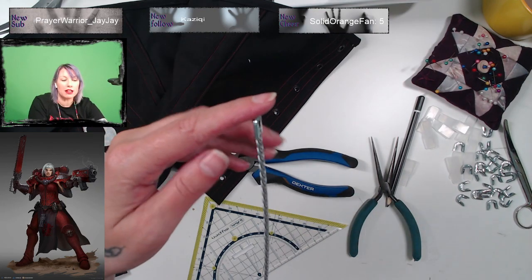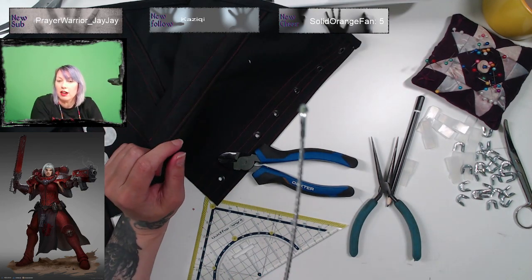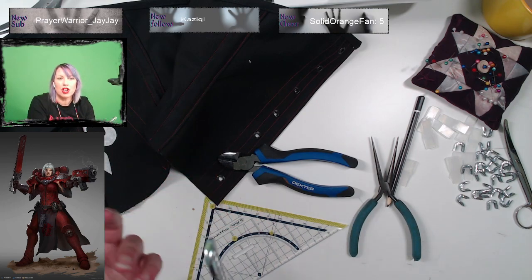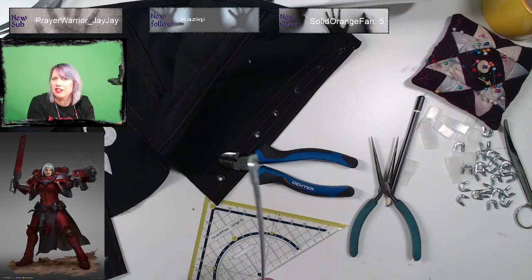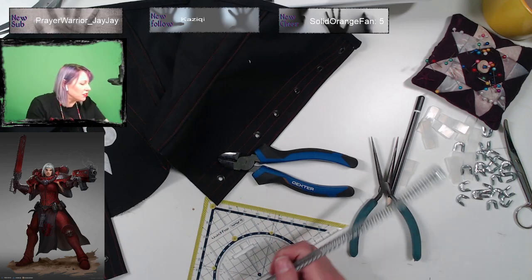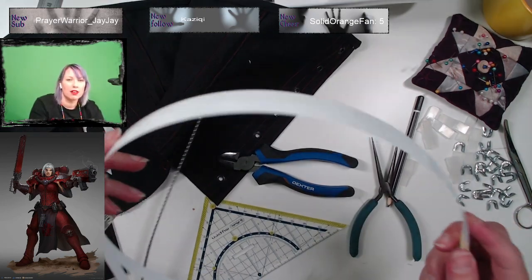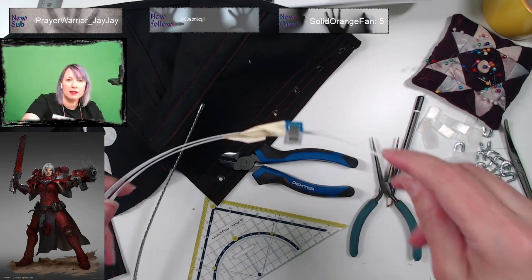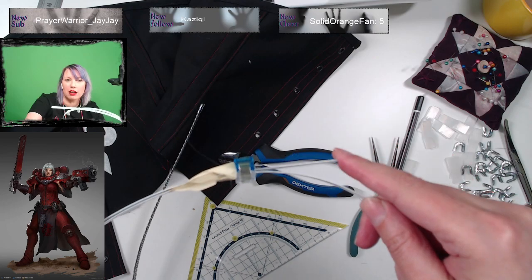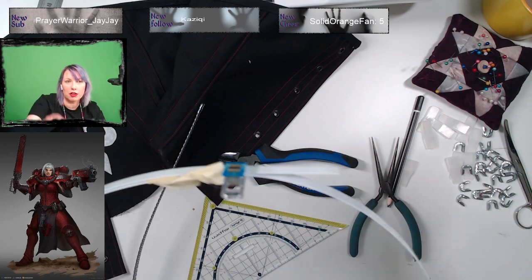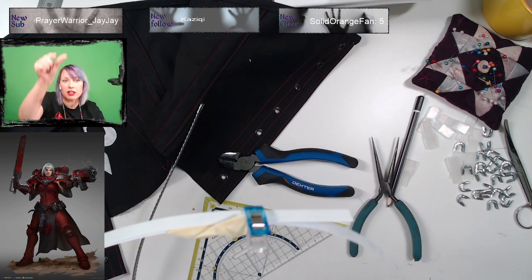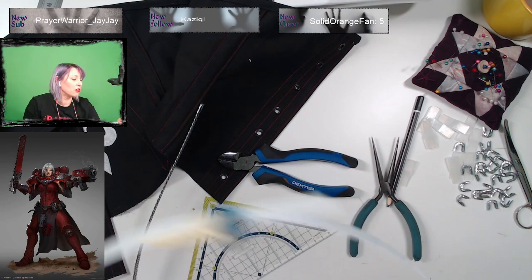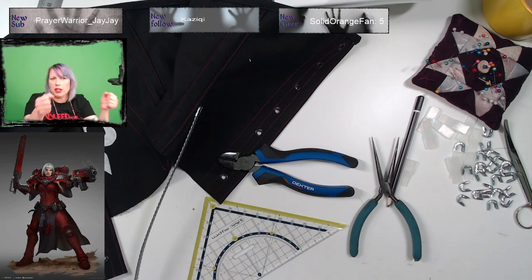If you had rigid boning like they used to have, the whale boning in the sides, you would not be able to bend over or sit down. That's why a lot of ladies used to stand a lot. So this is straight boning. This is flat boning. And that goes at the back where the eyelets are, because that just needs to be straight. It doesn't need to bend that much. That's kind of where you pull everything together as well.